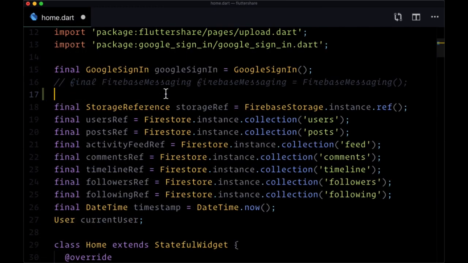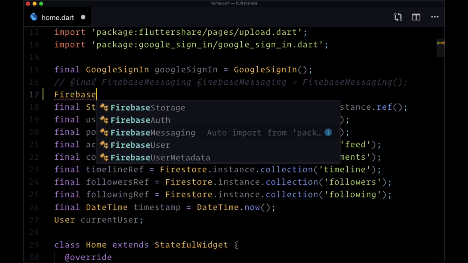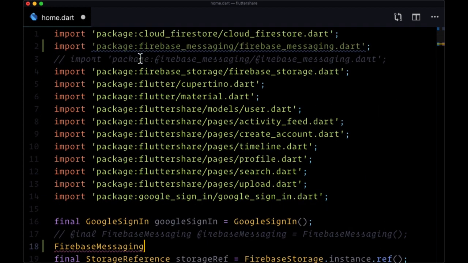One last note before we wrap up this video is I want to show you a feature that's going to save you a lot of typing throughout the course. That is the auto import feature. So say I want to use something from a given package in one of my Dart files, and in my case that's Firebase message. Click on this or hit tab, you'll see up at the top that this import statement for the package that